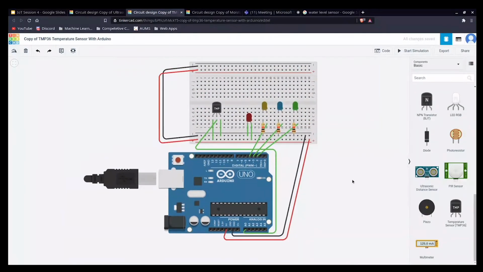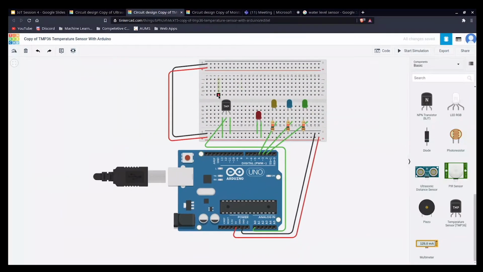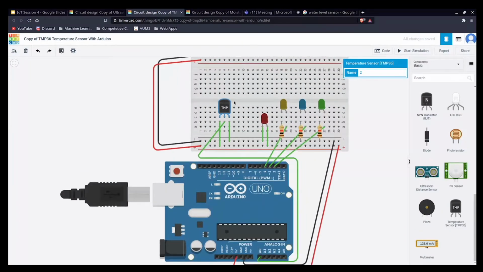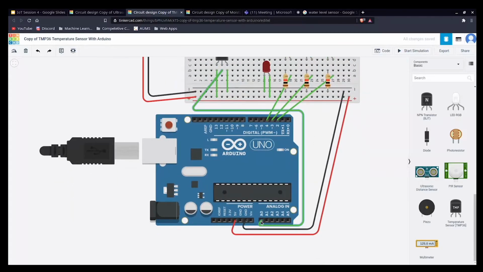Can you explain why you are using analog inputs? Yeah, this sensor is not giving any definite output. We are actually getting the temperature values, so for that we can't use digital pins. We can only connect it to analog pins.